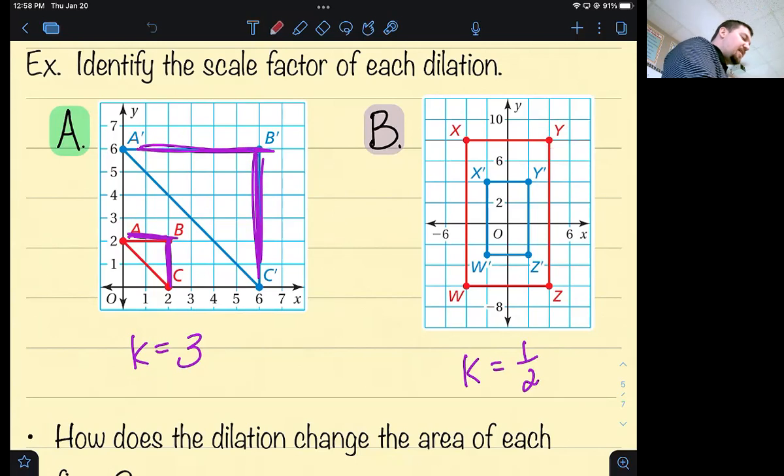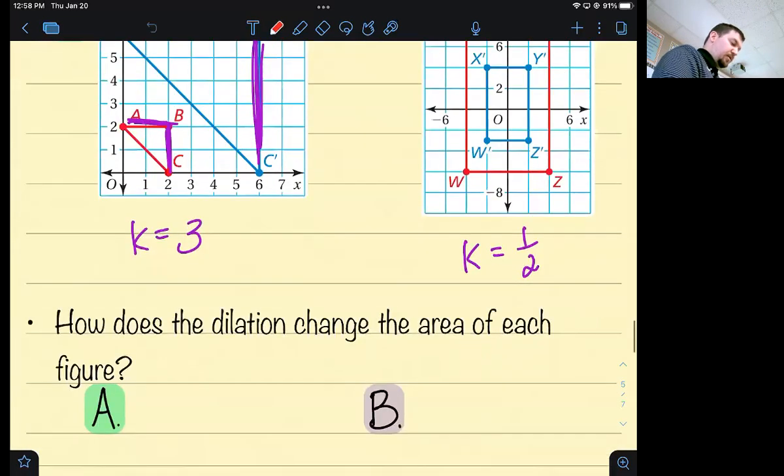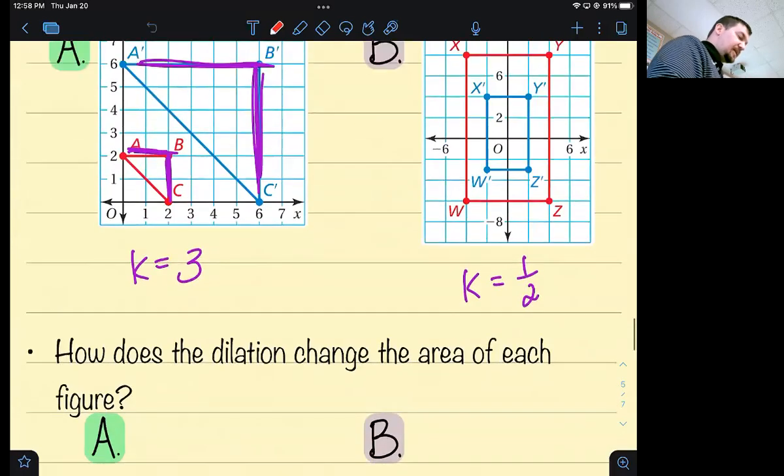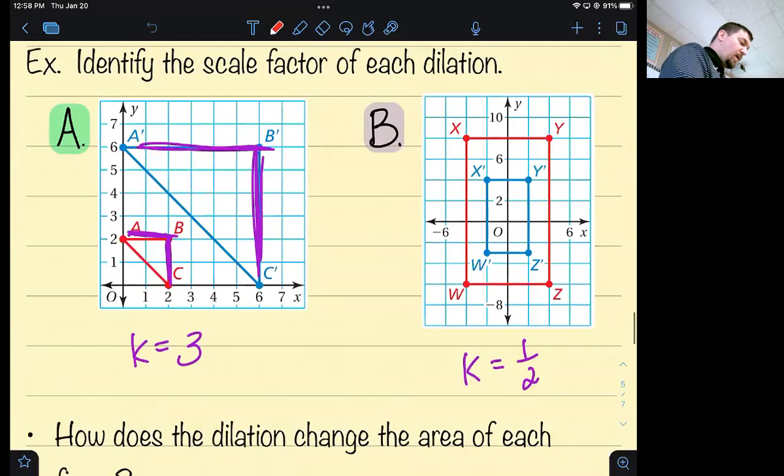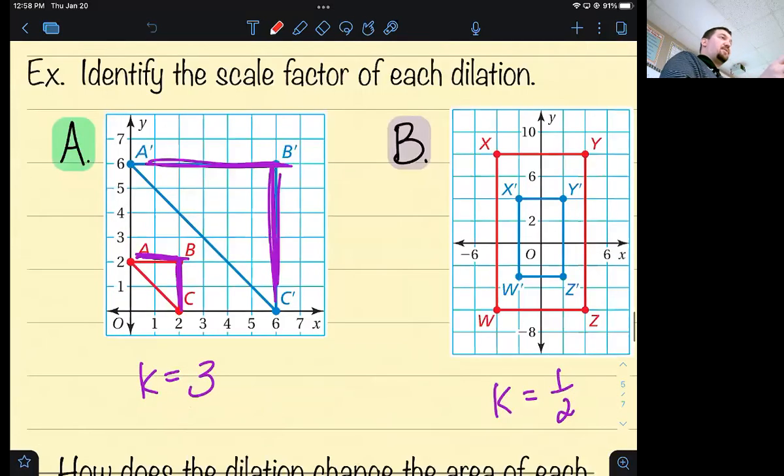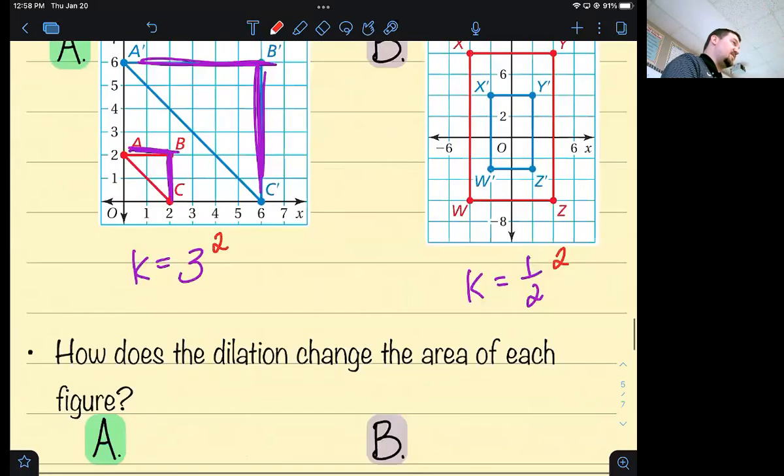Then yesterday, I started asking you how the area changes. And we talked about it, but I didn't actually put it in the right spot. So we'll talk about that. It says, how does the dilation change the area of each figure? Well, because side lengths are in one dimension, but area is in two dimensions, it's going to have a squared effect on the area. So the blue triangle, if all the sides are times by 3, will be 3 squared,